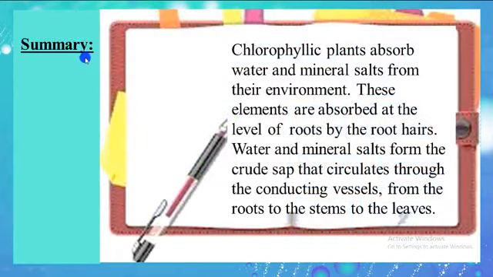So here as a summary we can say, chlorophyll plants absorb water and mineral salts from their environment. These elements are absorbed at the level of the roots by the root hairs. Water and mineral salts form the crude sap that circulates through the conducting vessels from the roots to the stem,